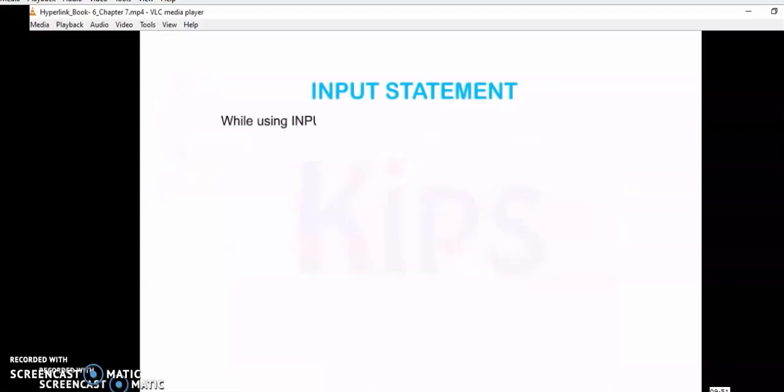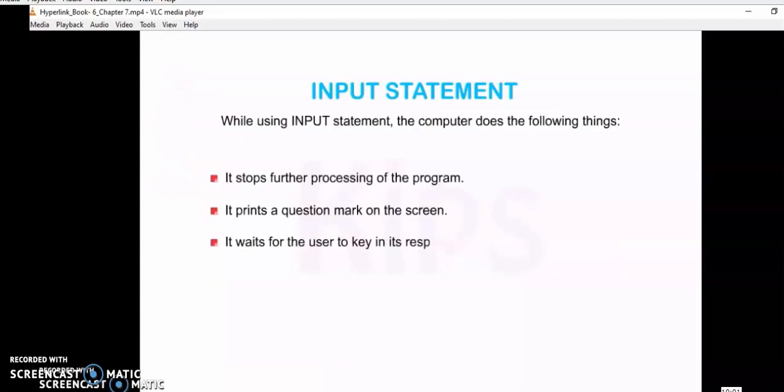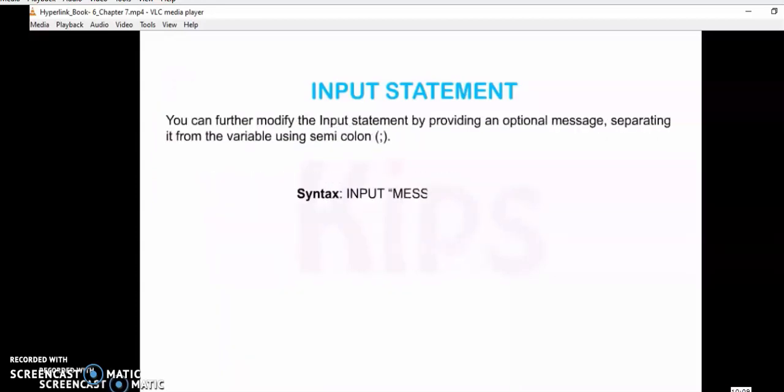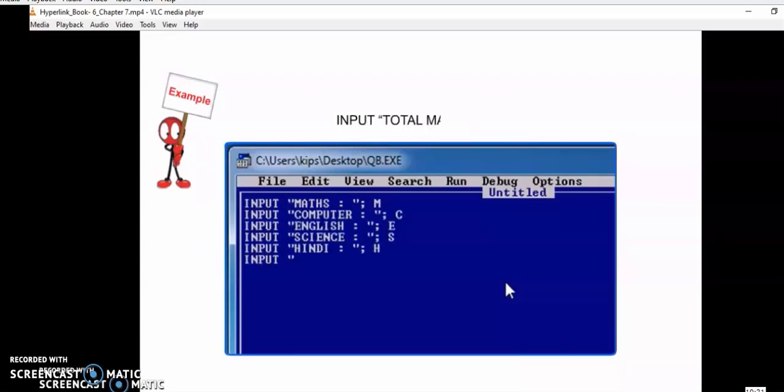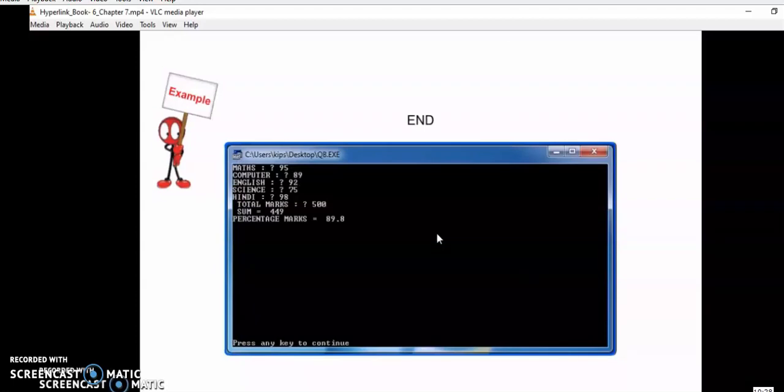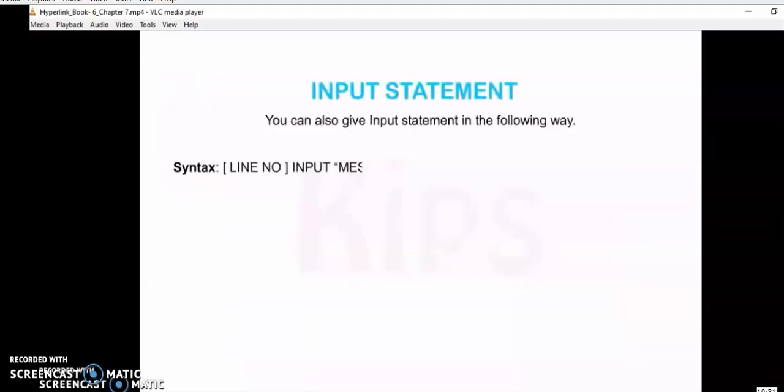So it will wait for me to enter my name, class, and school, and then it will be displayed. You can see over here one more example, where marks of a subject have been read and I'm giving the input. So input messages will be displayed.